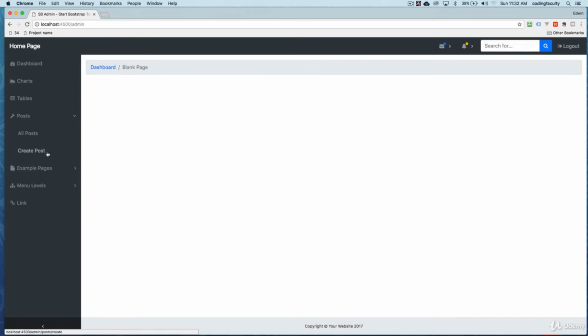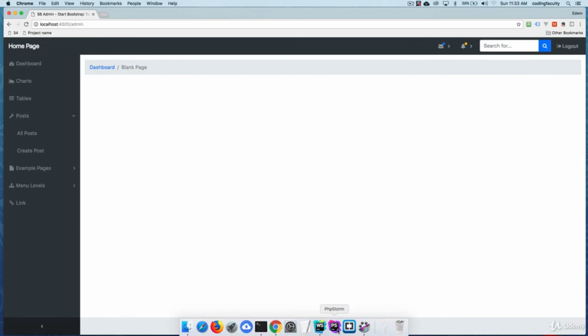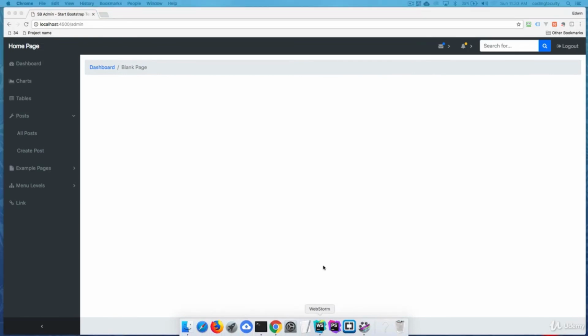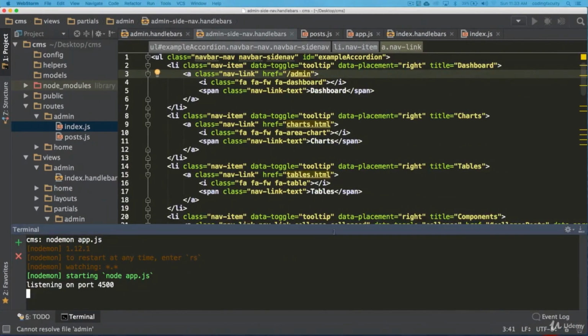So let's start doing that. What I want to do is start creating the views for create, update, delete, all that stuff. And then we're going to start working with a database. But before we get to all that, why don't we connect to a database? And you guys learned how to do that in a couple of lectures before, right? In the beginning of the course where I show you about the database. Go to that database section if you don't remember. And you should have an instance of MongoDB installed in your computer, okay?